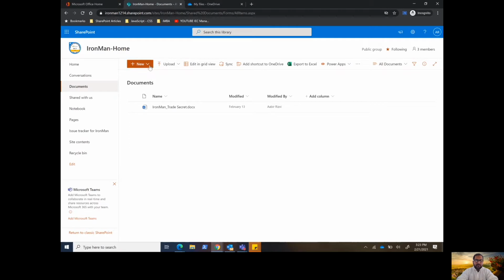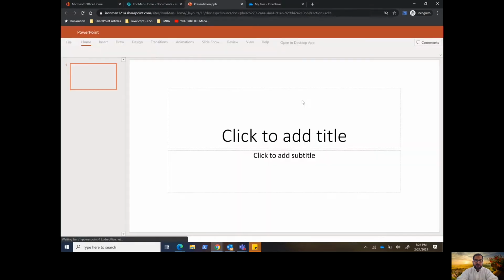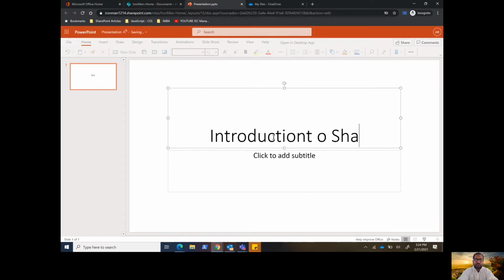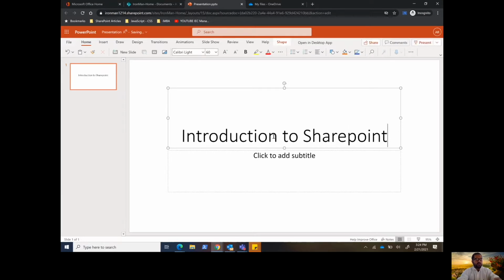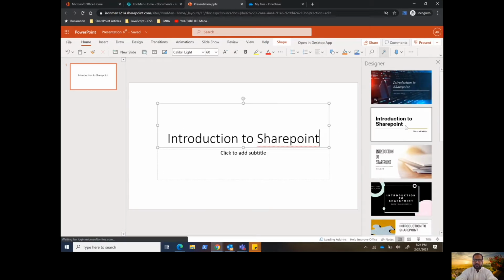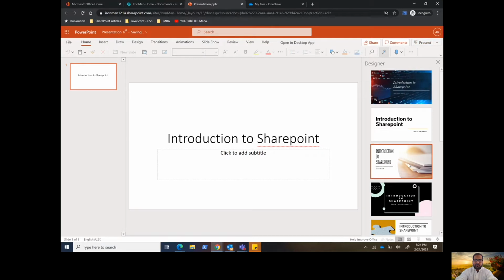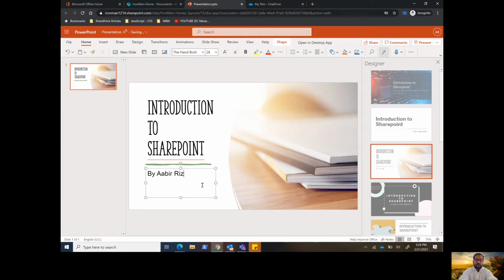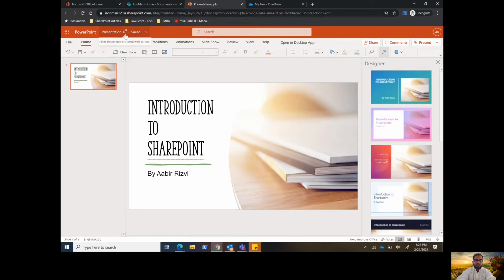So in our SharePoint library, I want to give you a quick rundown of how you can quickly create a document by clicking on New, for example. I'm going to click a PowerPoint presentation and I'm going to label it Introduction to SharePoint. I'm going to click on the Design tab. I'm going to make it look like this very quickly by Aabir Rizvi. And really the idea is to give you a quick visual of what this